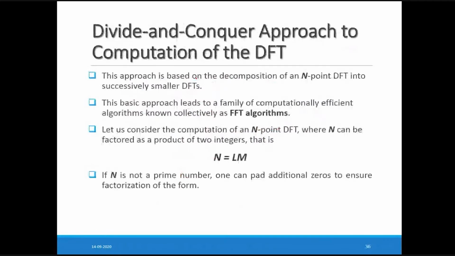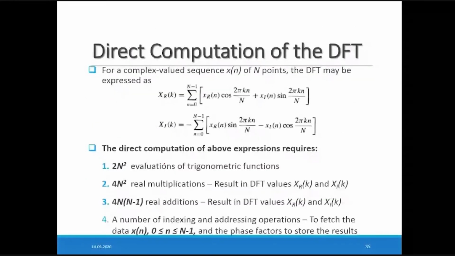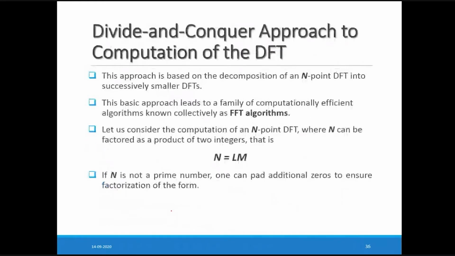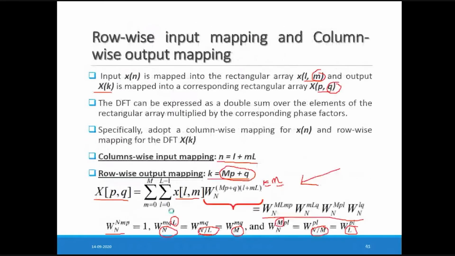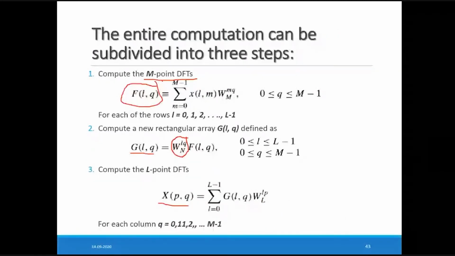Okay, this one. Just note this down: the total number of multiplications needed is n square in the DFT, and the total number of complex additions needed is n into n minus 1. Forget about these initial terms, they are related to this particular equation, but in general we can write that the total number of multiplications is n square and the total number of additions is n into n minus 1. Okay, now here for the first case, we are doing the m point DFT. So for an m point DFT, what will be the complex multiplications?